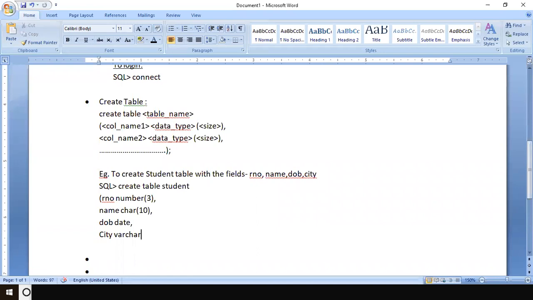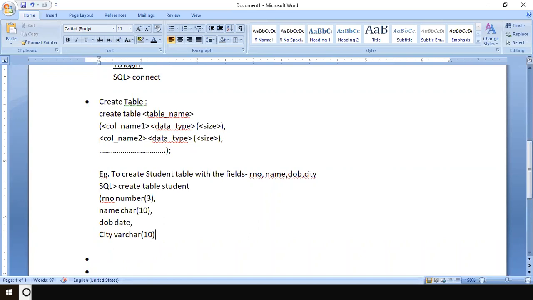Why varchar? Let me tell you the difference. Character: suppose you have given the size as 10 for the character data type and your name is Raju. Then how many characters are actually used? Only 4. The remaining 6 places are unutilized, but those 6 places will be reserved for the character data type. But in the case of varchar, Oracle dynamically selects how much size is required, even though we allocate 10 here. Depending on how many characters are utilized, the remaining space is freed for other use. So that's why people popularly use varchar.